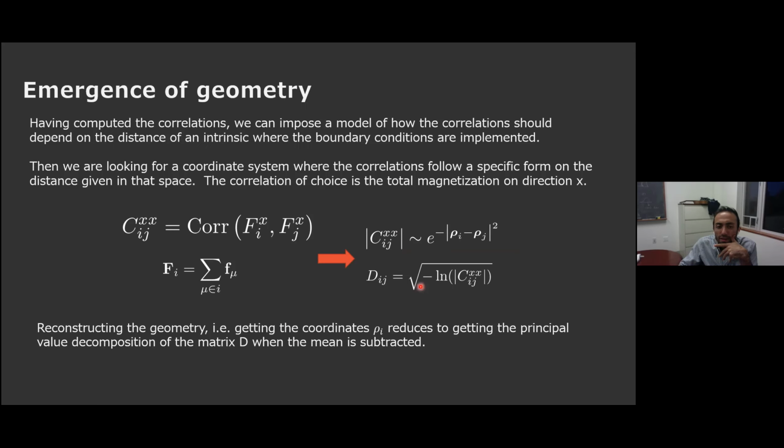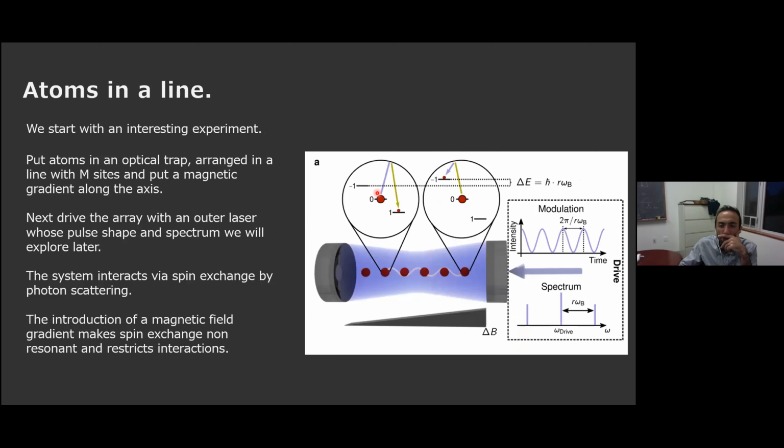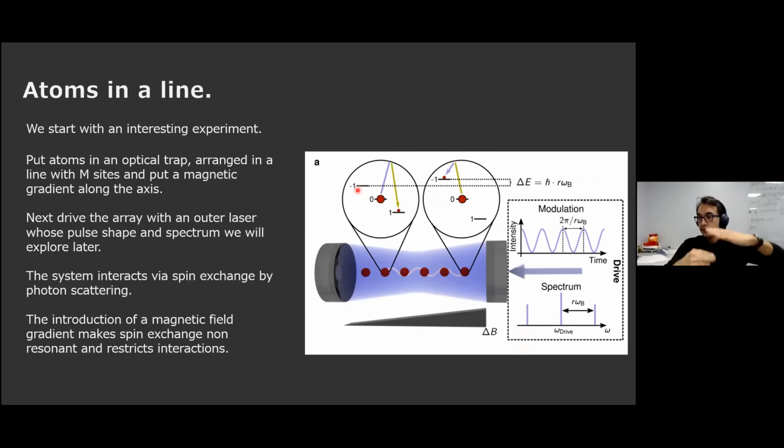Sorry, Miguel, can I? Yes. So at each site you have a qubit in practice. Is that right? Is it a two-level system? No, it's a three-level system. Atoms with spin one. So by inducing this magnetic field, the sites with spin -1 and 1 follow the Zeeman effect, right? So the spacing will grow, but the zero level stays the same in each site. And then you have a lot of atoms in each one of these red bubbles.